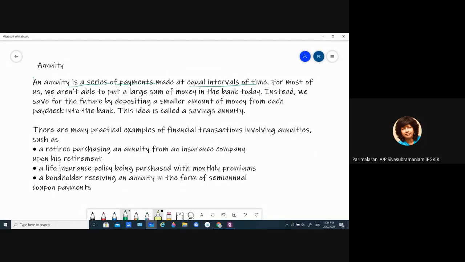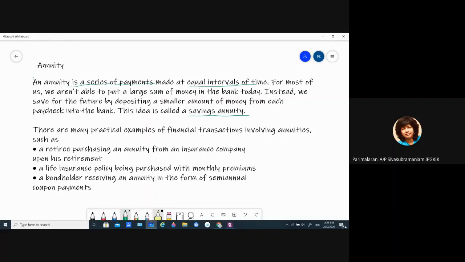For most of us, we aren't able to put a large sum of money in the bank today, okay? So instead, we save for the future by depositing a small amount of money from our paycheck into the bank. This idea is called a savings annuity, okay? So annuity means that we are putting in a series of payments at equal intervals of time into an account,